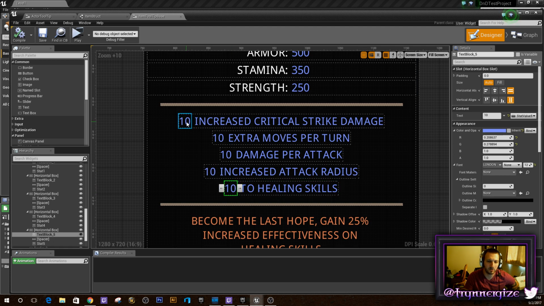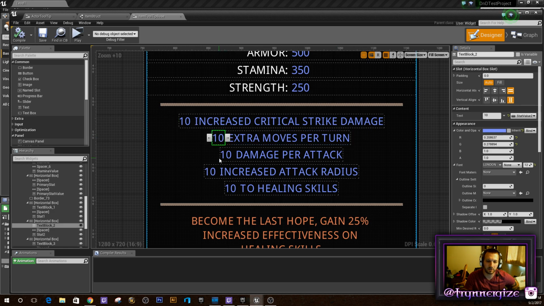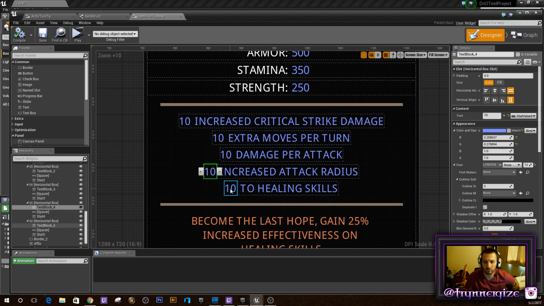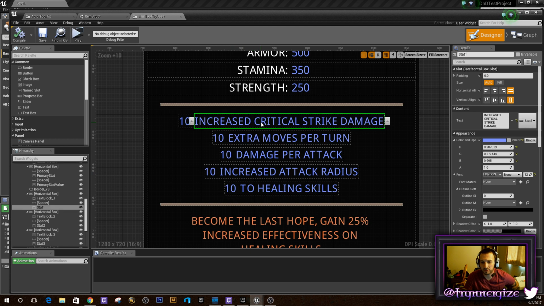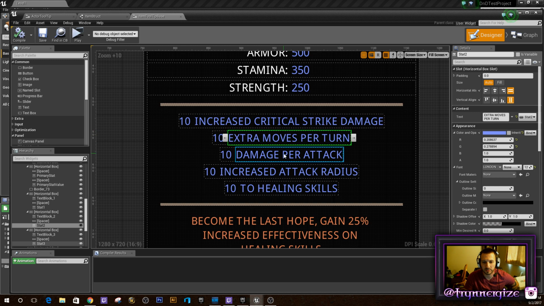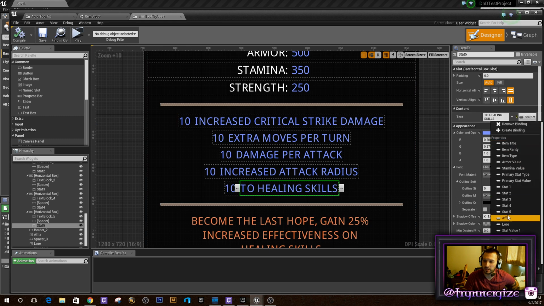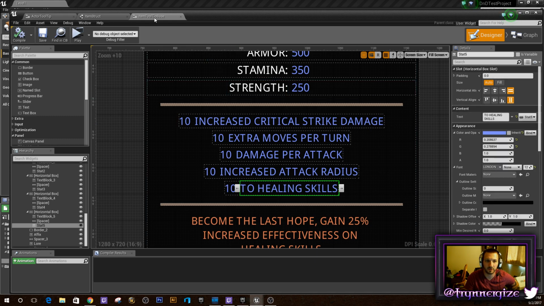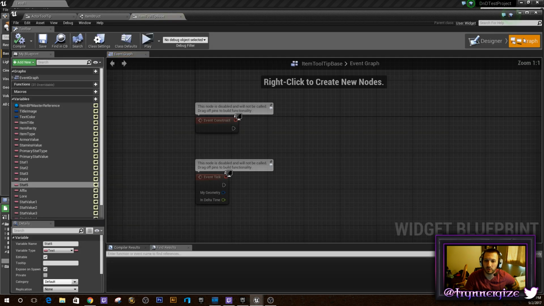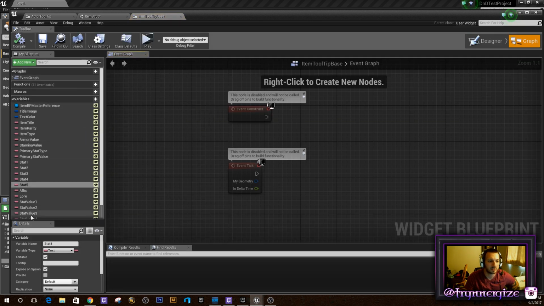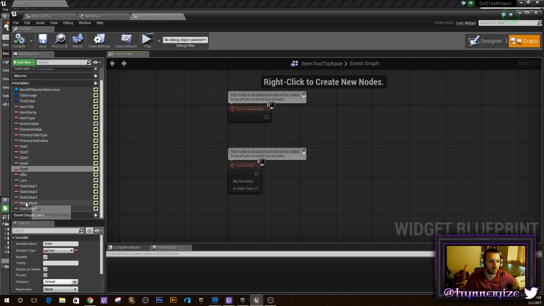And this one is binded to stat value 1, stat value 2, stat value 3, stat value 4, stat value 5. And these ones are binded to stat 1 text, which I just call stat 1, stat 2, stat 3, stat 4, stat 5. It's imperative that you make sure that you bind these when you get the variables put in here, because it's going to need the exact same variables, except for